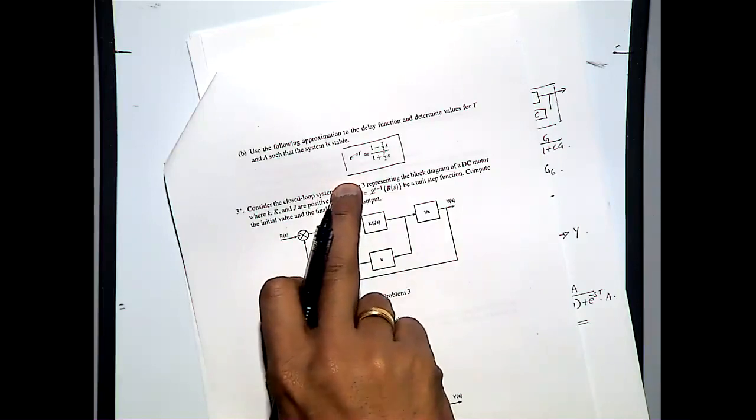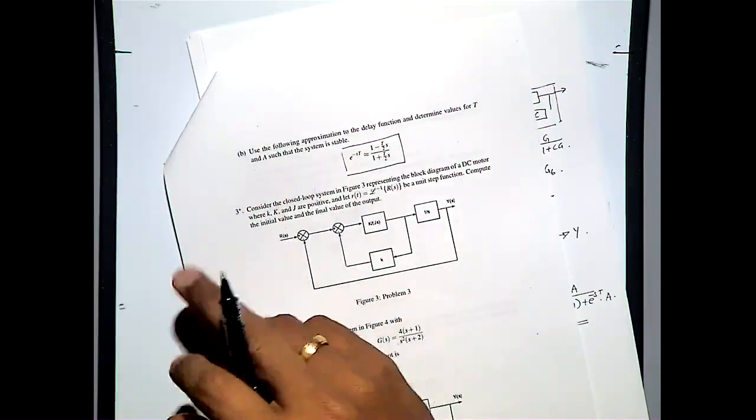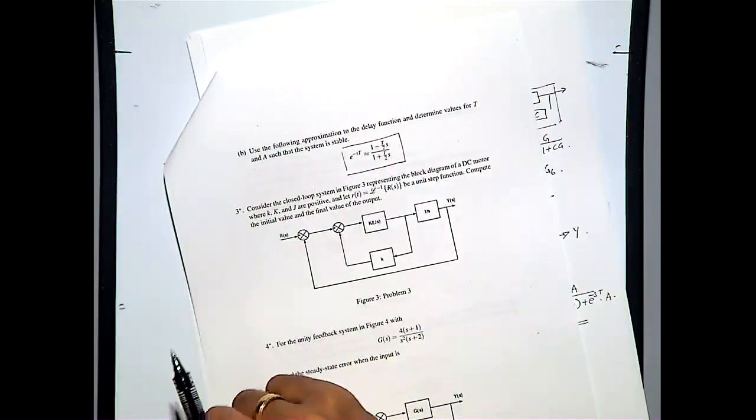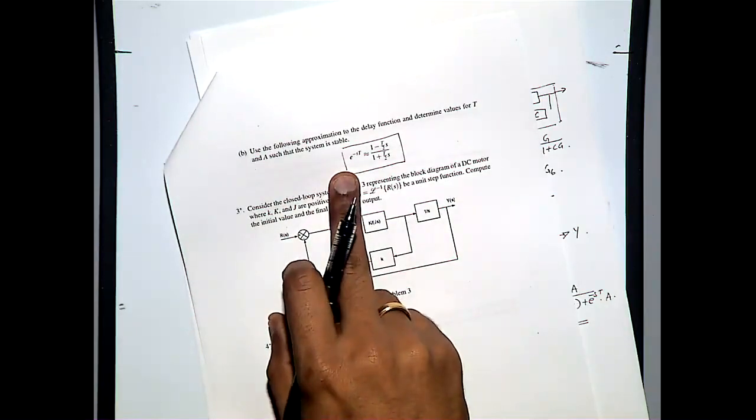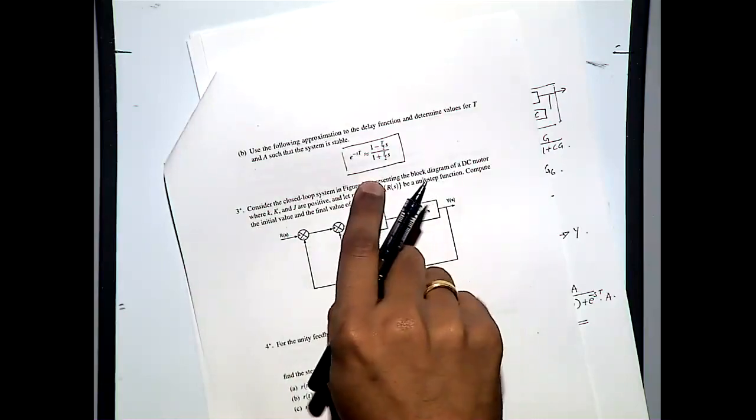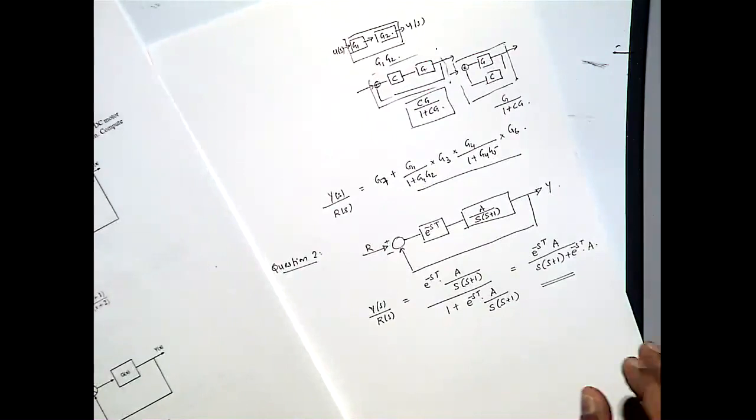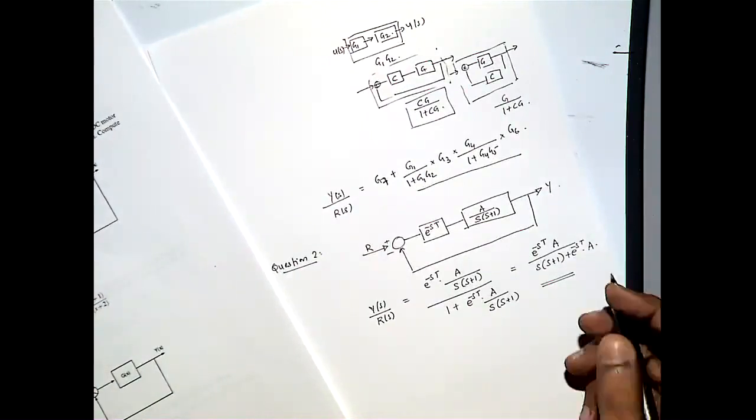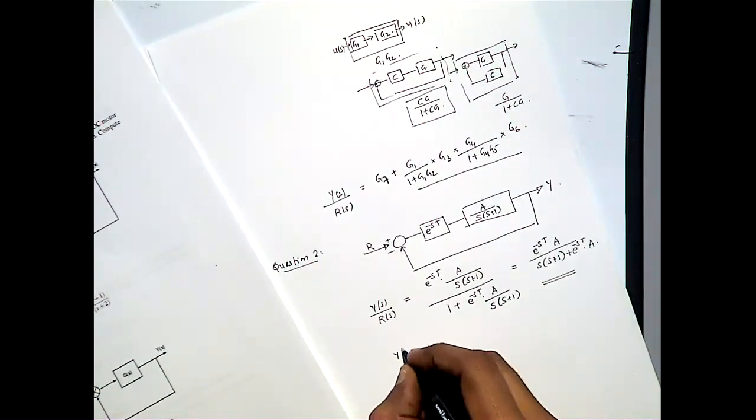An exponential has different approximations in mathematical theory. You can have different approximations. This is one such approximation of an exponential term, and we use this one to solve our characteristic equation. So what we do is we substitute e raised to minus sT in the